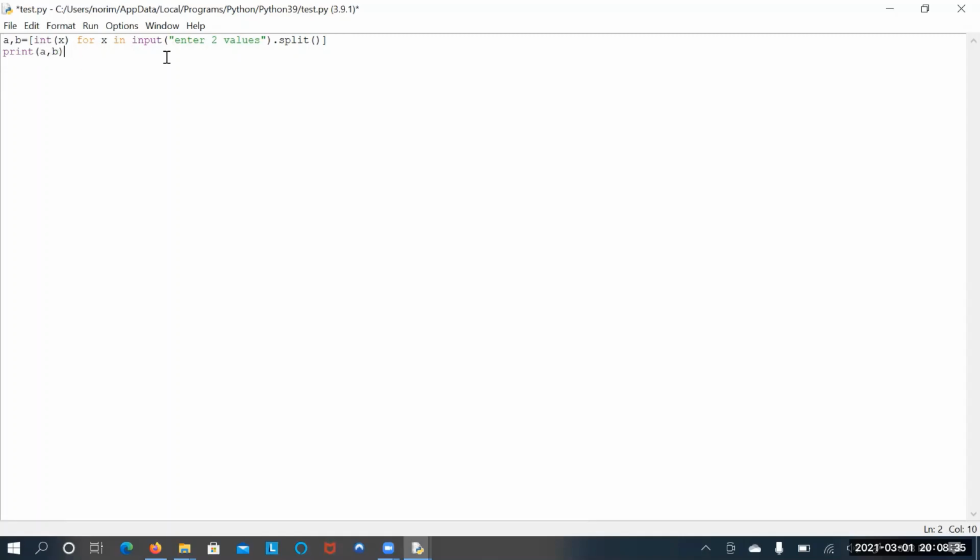After performing all these operations, that means splitting the string values and next typecasting the string values which are in the list, I'm just assigning the result to these two variables, a comma b. In Python it is allowed. Multiple variables can be assigned within a single line. That is allowed in Python, right? So I can directly write like this, and I'm going to run this.